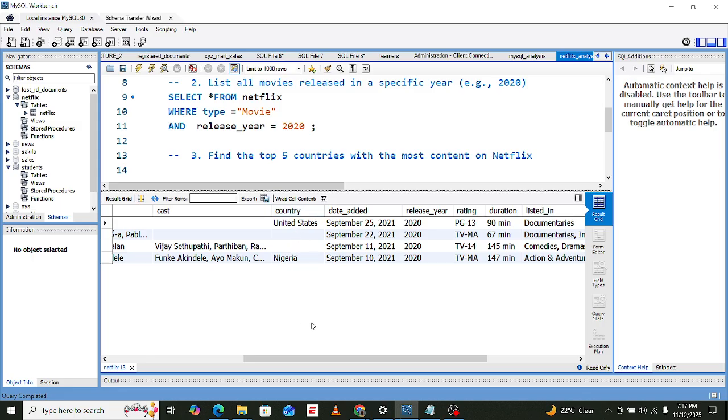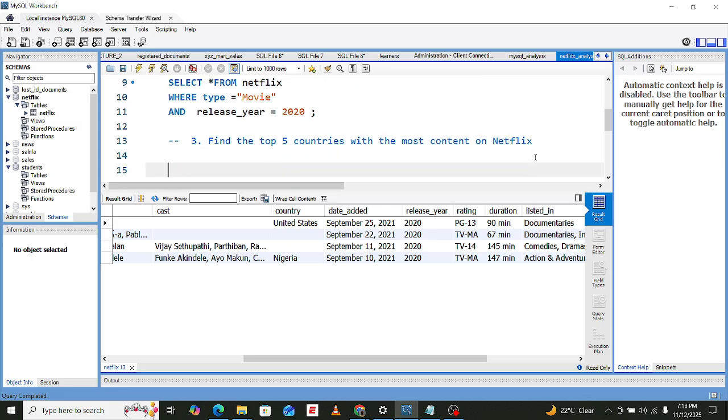So I think we should do a count of countries and see. So we shall select the count of countries and then we sort them in ascending or descending order and limit them to 5.